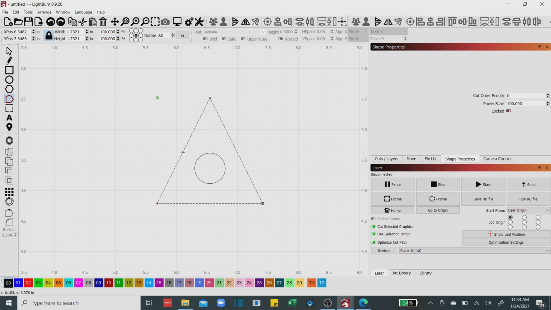If I push I for insert on the keyboard, it's actually going to insert a node halfway between this node and this node. I'm going to do the same thing for this side over here, I, and I'm going to do the same thing over here, I. So now instead of 3 nodes, we have 6 nodes, which means we have the capability now to